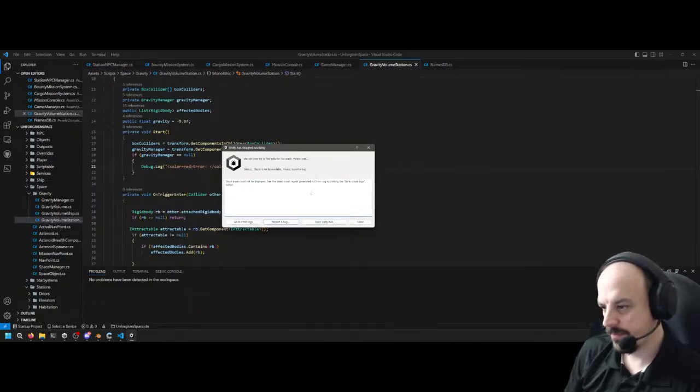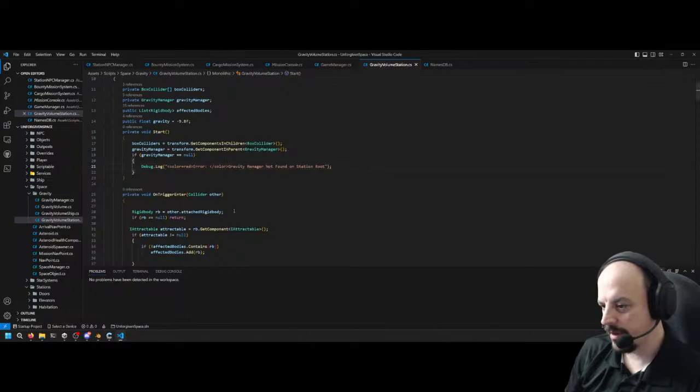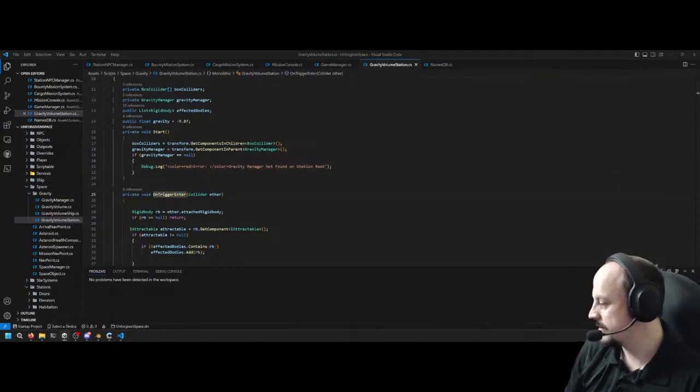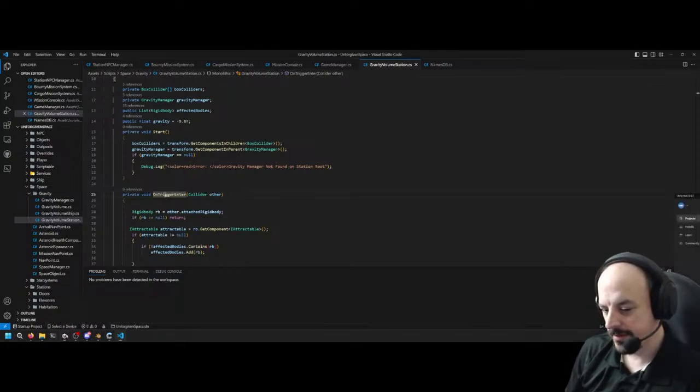No. I hate how unstable Unity is, man. When you're selecting something, it gets so crashy.